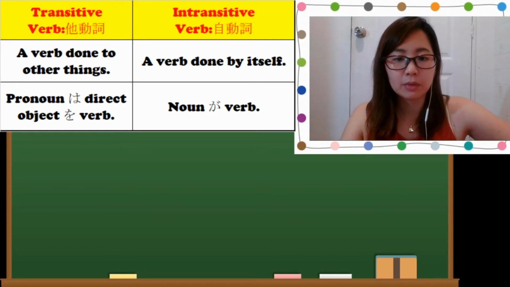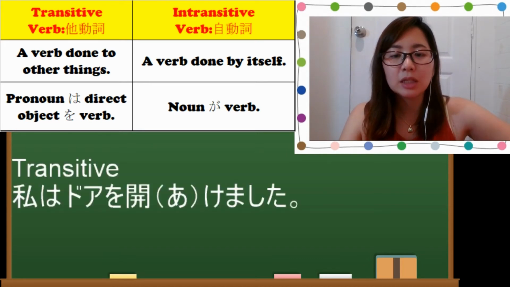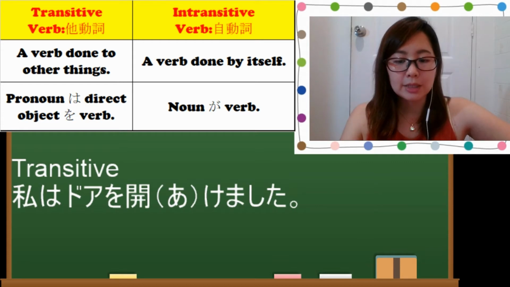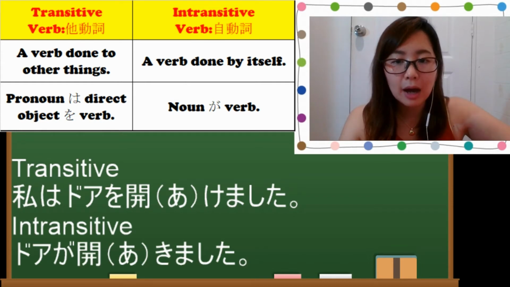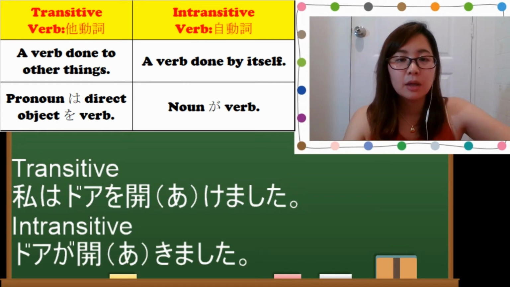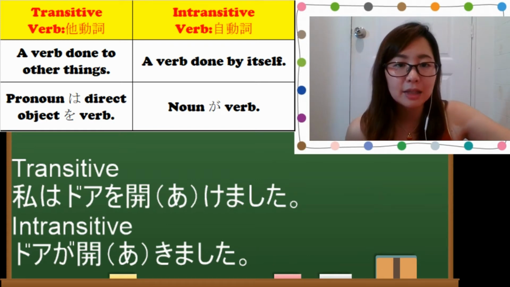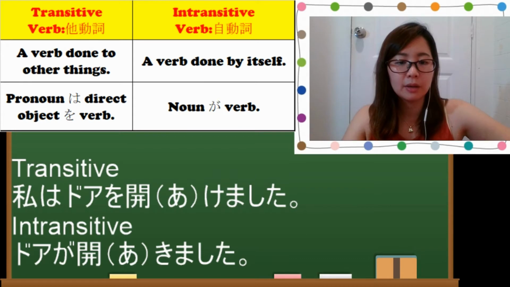For example, I open the door is 私はドアを開けました。When I say the door opened, it is ドアが開きました。So for the transitive verb, we use the particle を, ドアを, and then the verb 開けました。Intransitive, we don't have the particle を, instead we use が, and then 開きました。